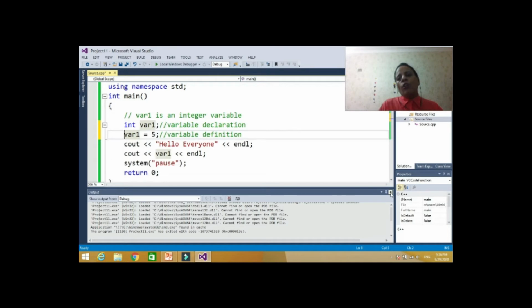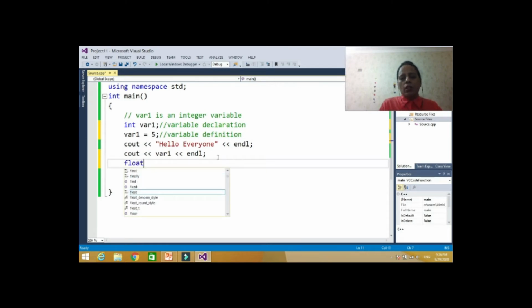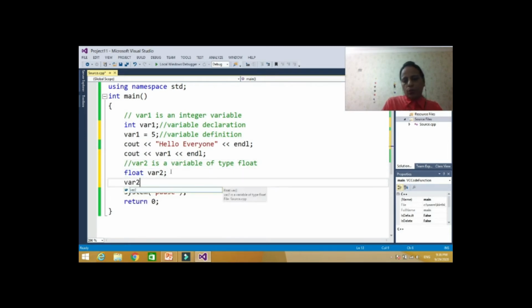Similarly, let's say you want to assign a real number. So now you will write float. So now the compiler knows that var2 is a variable of type float, and now you can give a decimal number to var2.